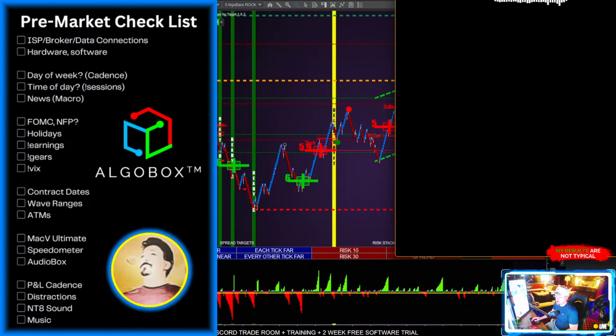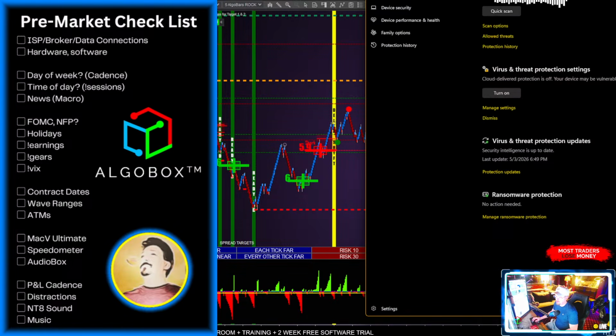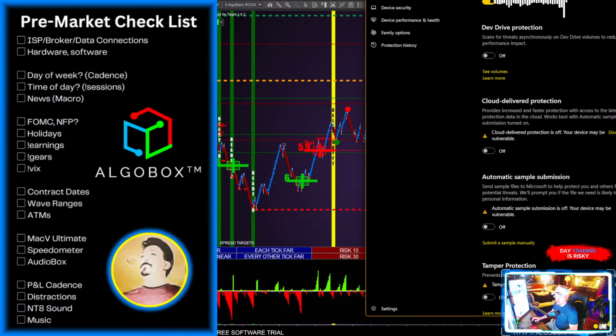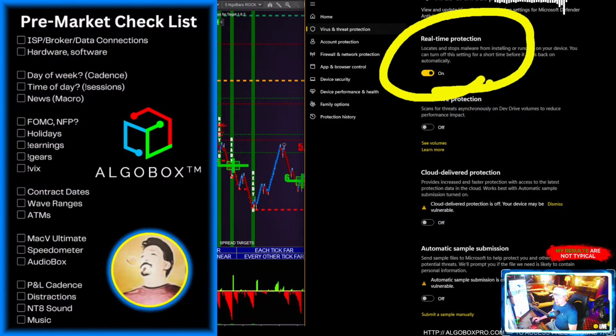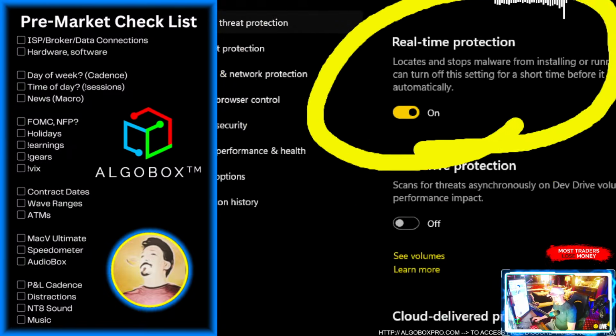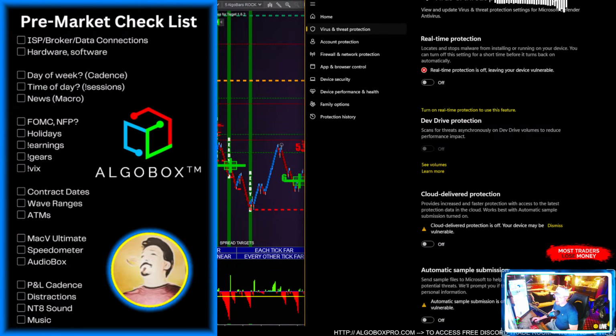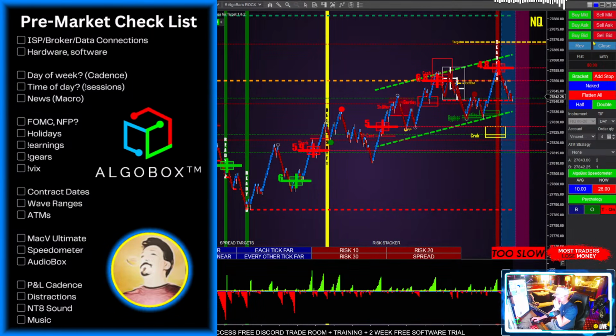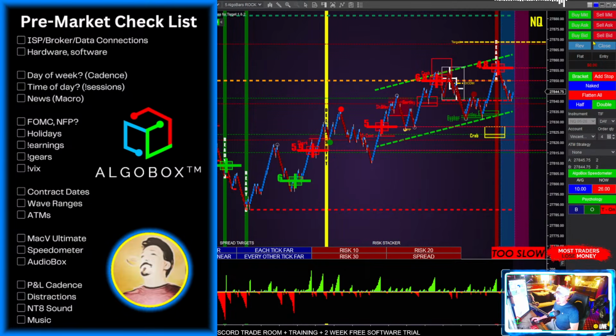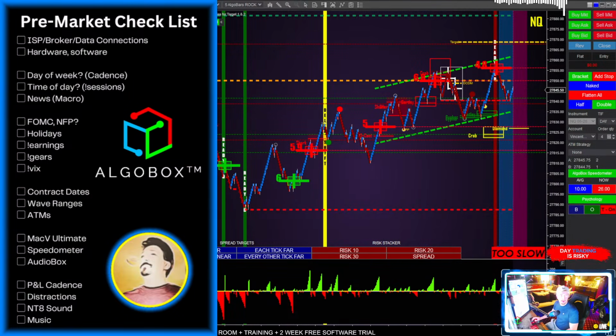Going to make sure that real-time protection is turned off on a Monday, especially after a reboot over the weekend. Sometimes Windows will turn that right back on, and it did. Sure enough, see, there it is. Windows will turn real-time protection back on. No matter how many times you turn that thing off, Windows likes to turn that back on for you. So make sure I've got that off. As a video gamer, you know we don't want that real-time scanning to occur on every file that's coming through to your PC while your PC is trying to process. You don't want extra overhead to create those micro stutters and lag. That is just no fun. So we want to make sure that is off.